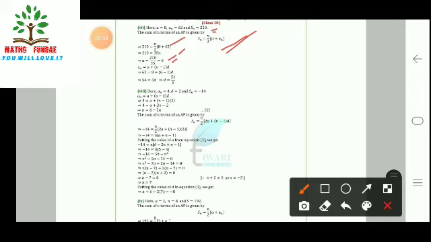Now we are getting n is equal to 6. Now an is equal to a plus (n minus 1)d. So that is 62 is given to us is equal to 8 plus (6 minus 1) into d. So that is d is equal to 54 upon 5 is the answer. Then we have the eighth part.